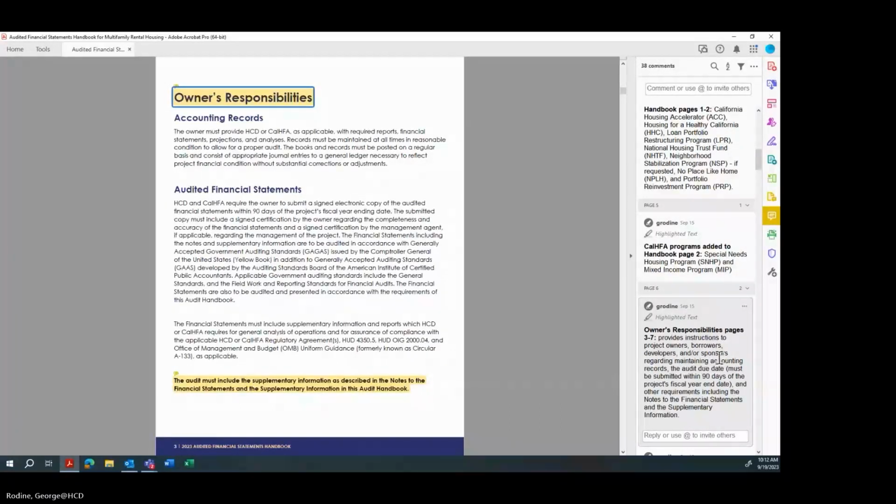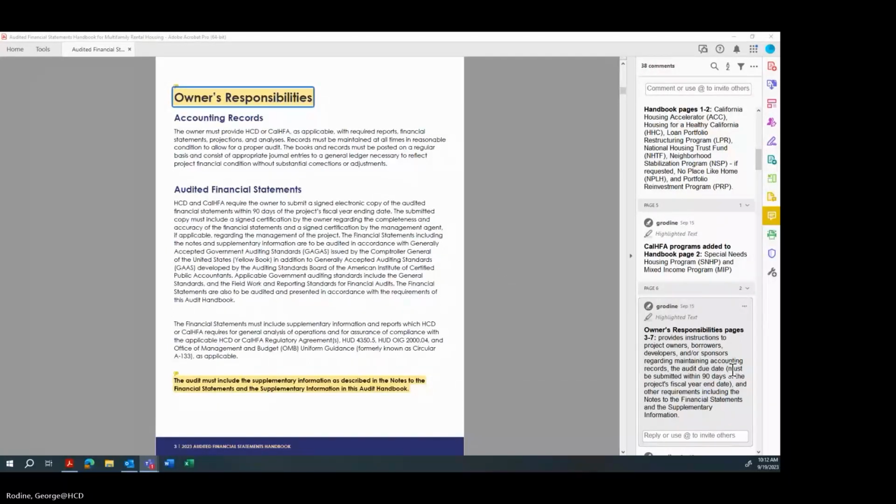Those terms today and throughout the handbook, as well as our standard documentation, those are interchangeable. So however we regard or mention it, it's the project owner's responsibilities to engage with an auditor, to maintain the records, and